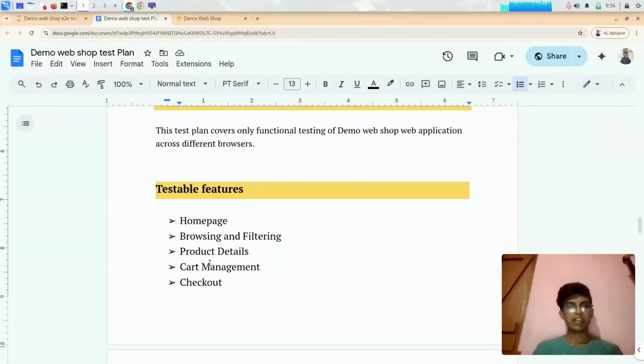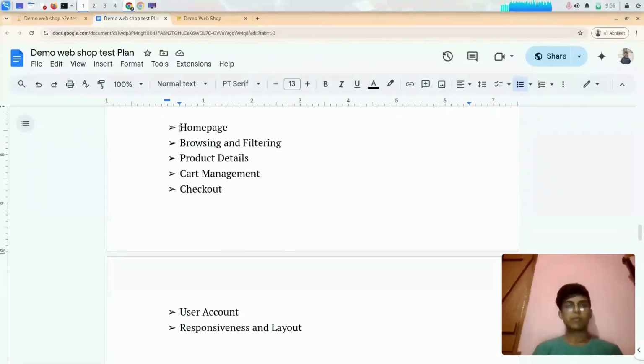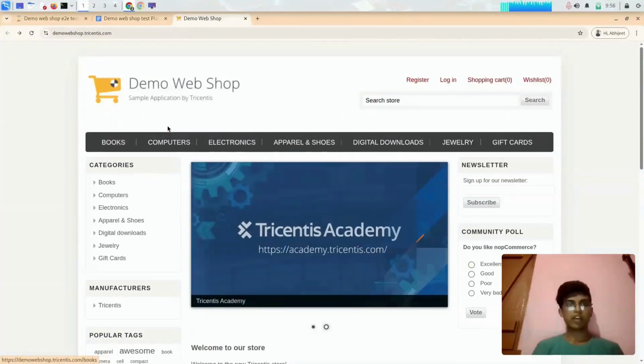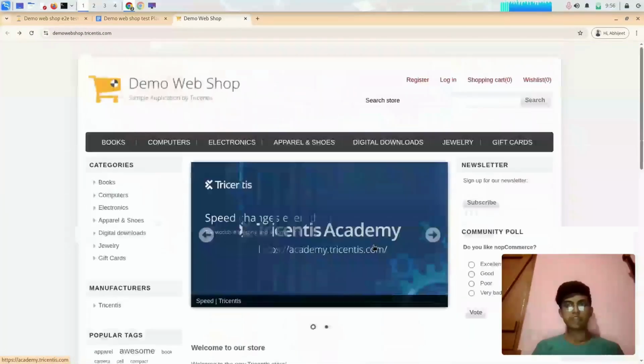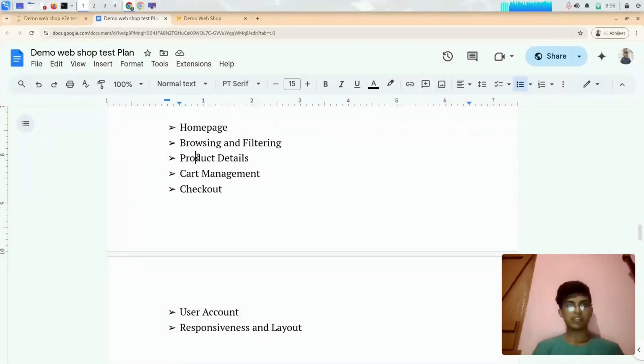Testable features, here I mentioned in detail what parts of my website I am performing testing on. So first one is the home page, which you have seen here. The second one is browsing and filtering, which basically means whether I am able to properly browse this page or not, and if I can filter all the projects based on my search results or not. The third one is product details. If the product details are properly mentioned, cart management, checkout, user account,